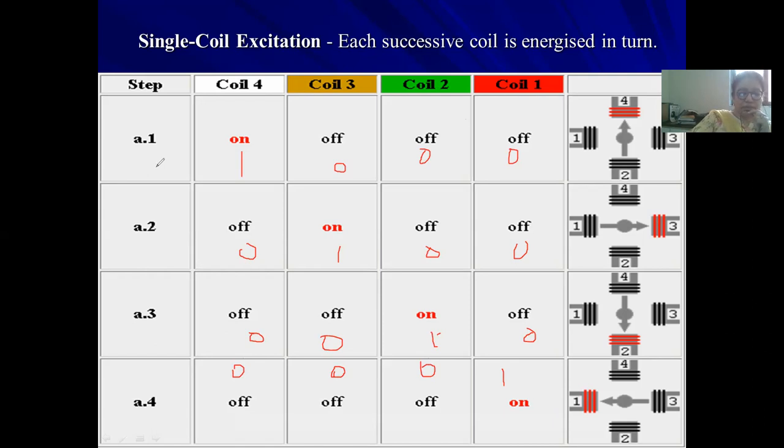If we want to rotate the same motor in the anti-clockwise direction, the concept of step angle and everything is same. Only thing is that the bit pattern will be reversed. So here the bit pattern becomes 0, 8. I have written 0 at the MSB and 8 at the LSB. So this will be in hexadecimal. So this will be 04 in hexadecimal.